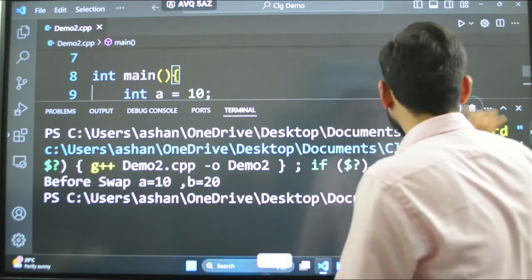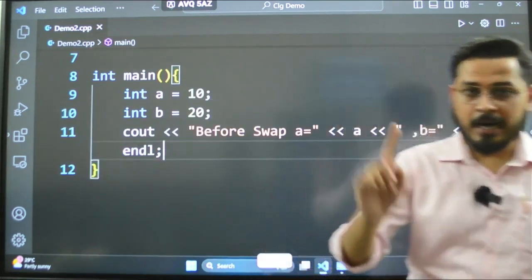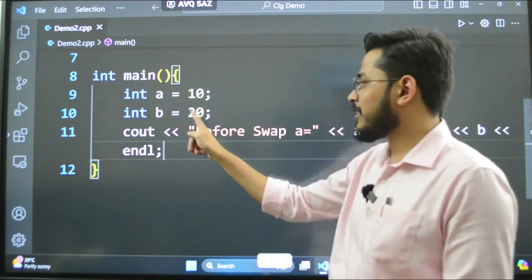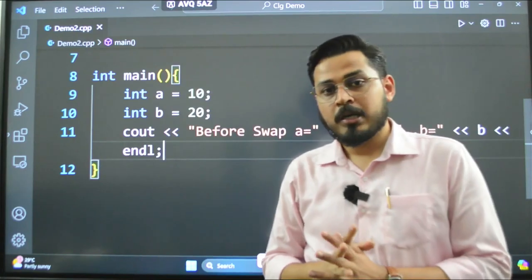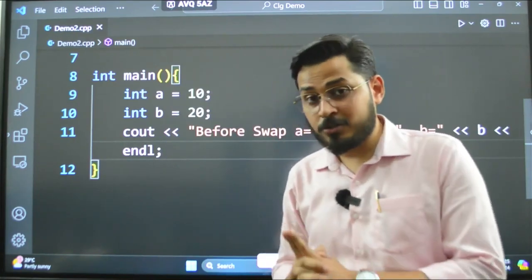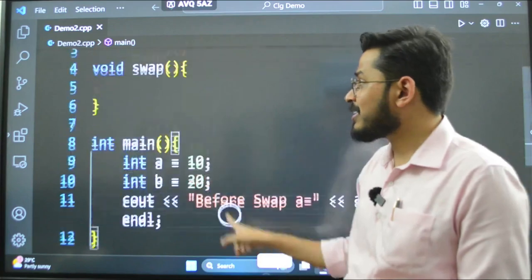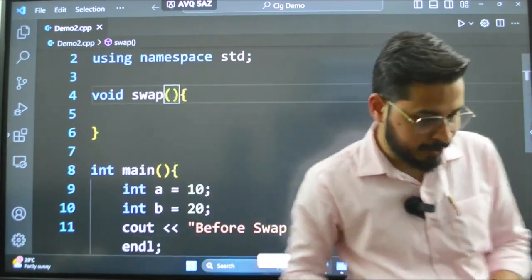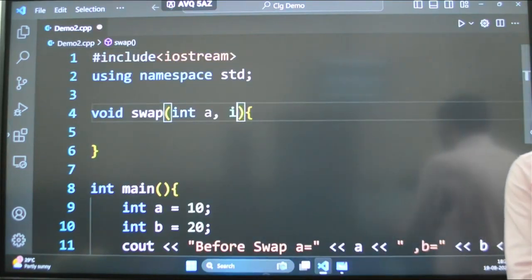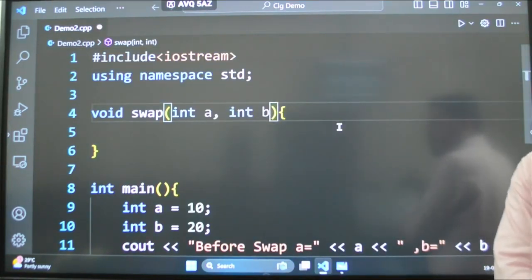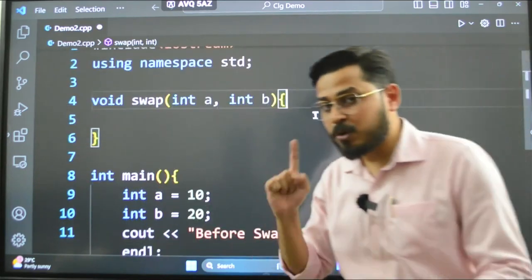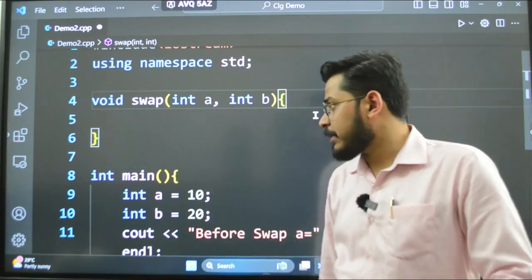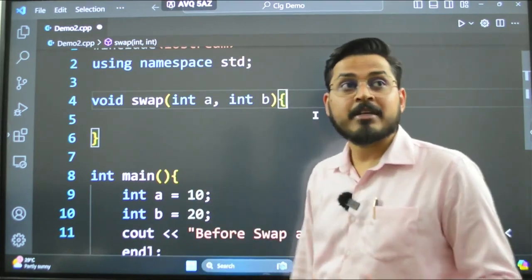But I now want to swap these two values, that means A should contain 20 and B should contain 10. My question is that this should happen using this function swap. That means this function would take two parameters, A comma B, and these parameters are where I would pass the values of A and B, that is 10 and 20. I hope this is very clear.